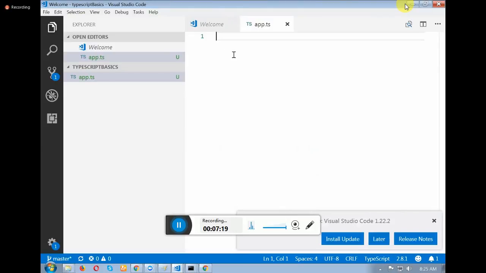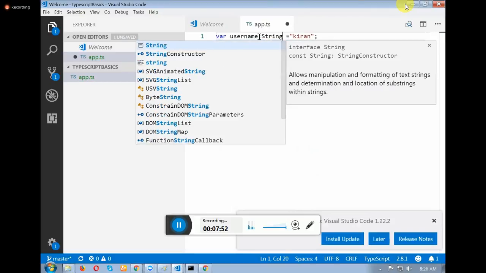Try to understand what it is. Var username equals Kiran. What kind of data type is it? Awesome. Now, I would like to specify the data type in TypeScript. How will I specify it? Colon. That's it. Almost TypeScript is over.